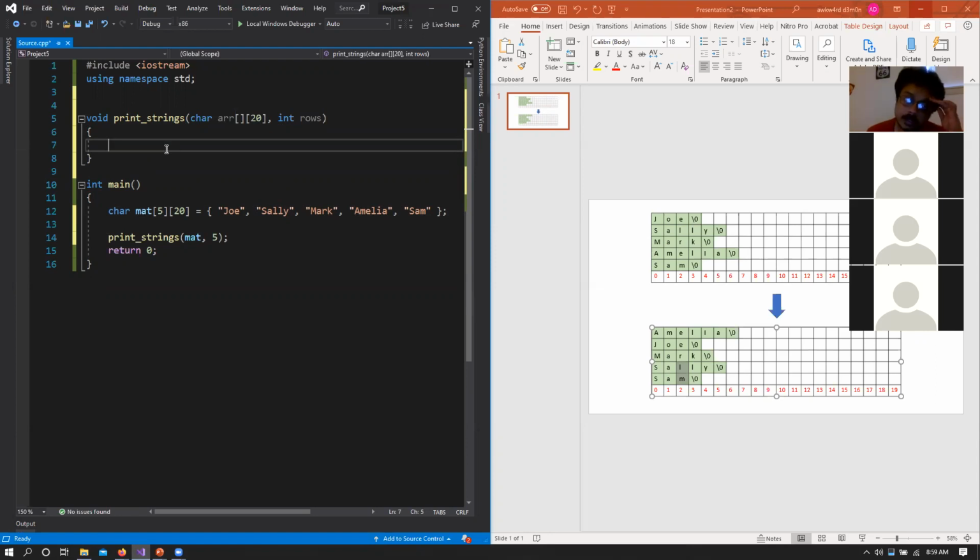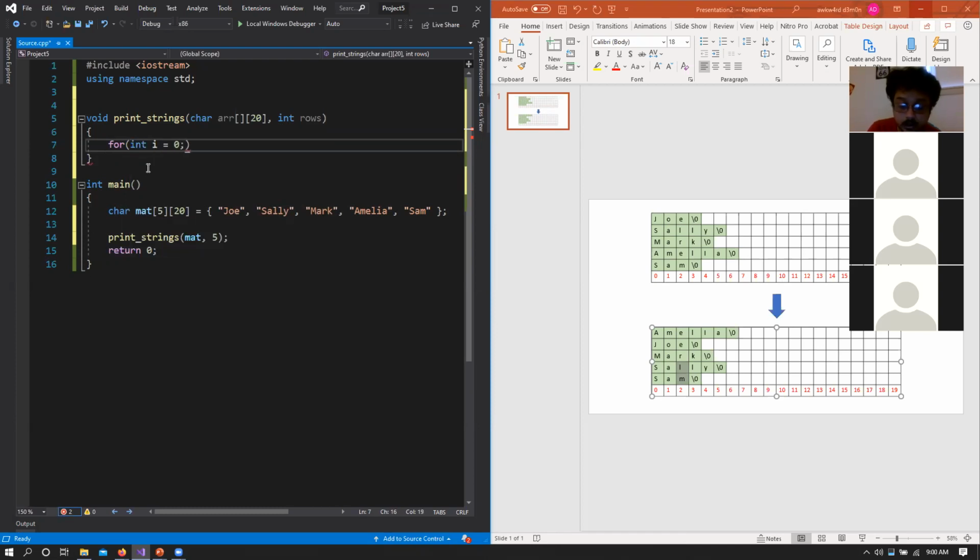If this was an integer matrix, we would have to go through all the individual cells step by step, one by one, and print them out. So for each row, I would also need to evaluate each column value and then print them out. But remember, cout can be used to print out an entire character array or an entire string with one call, right? So we will have a loop for each row,